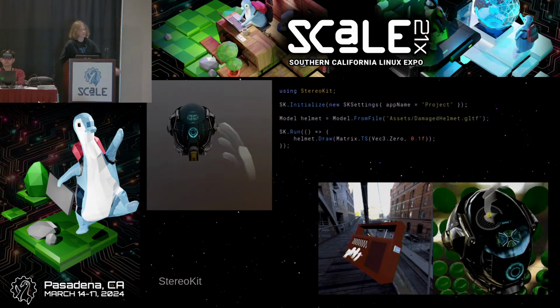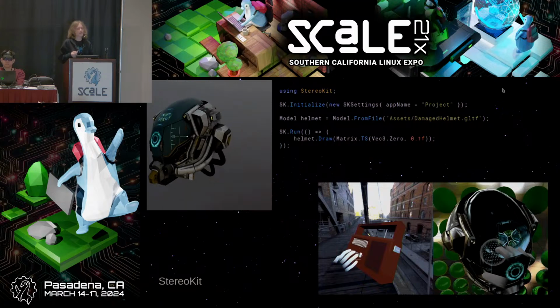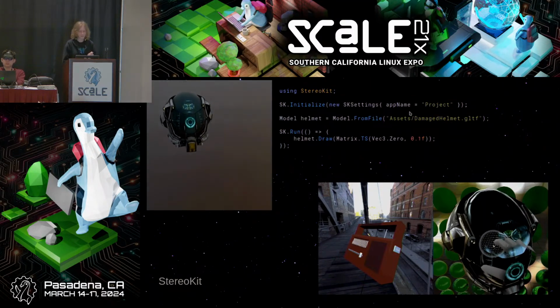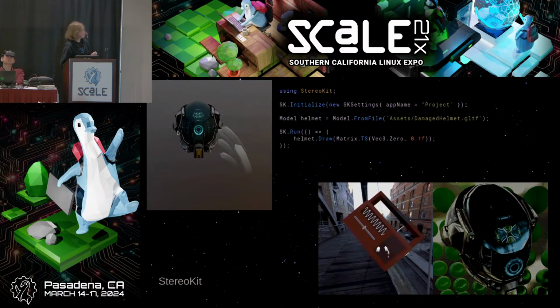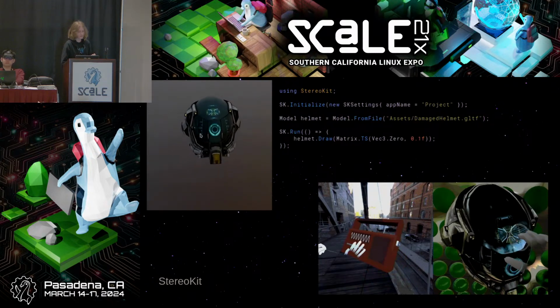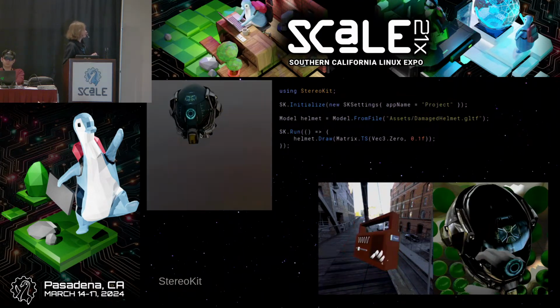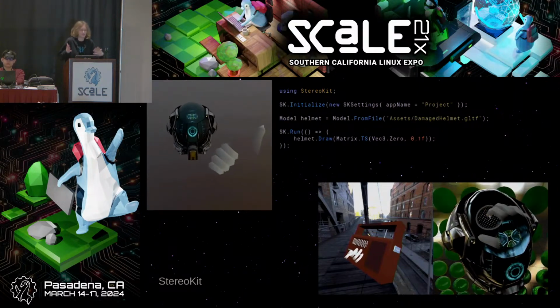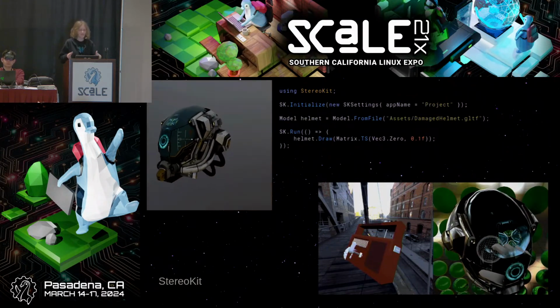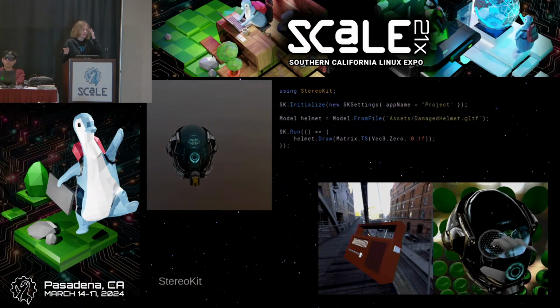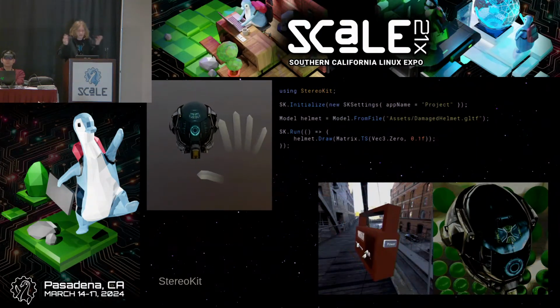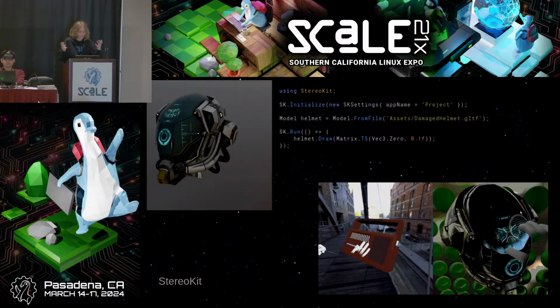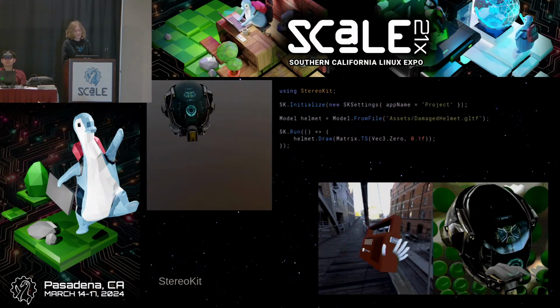Now, the whole point of StereoKit and why I needed it was because, see that code up top? That code is all you need to make a literal model in 3D space like that. I needed that simplicity because I just didn't have time to write an entire renderer, to write an entire graphics pipeline from scratch. I mean, it's ridiculous just how much time it would have taken. But StereoKit didn't run on Linux.